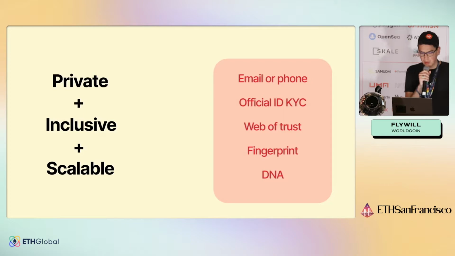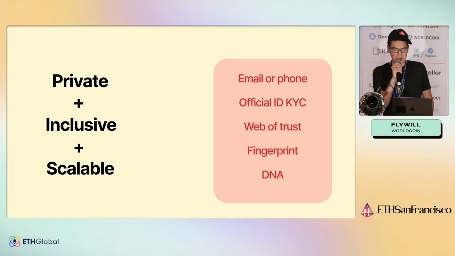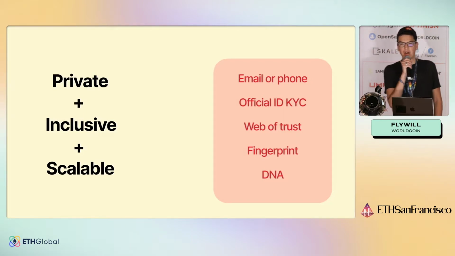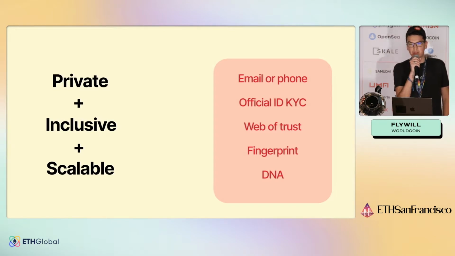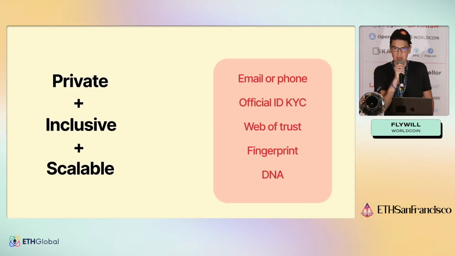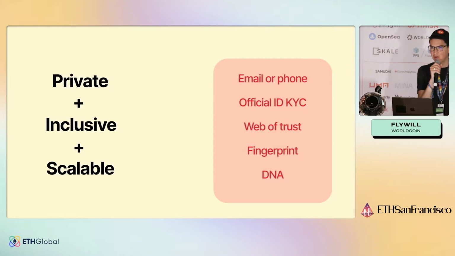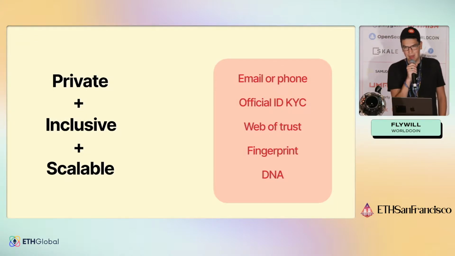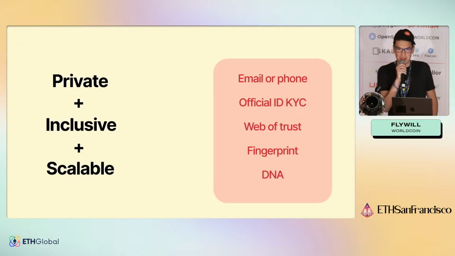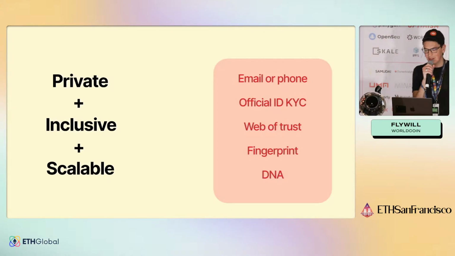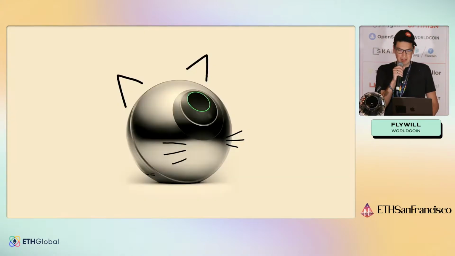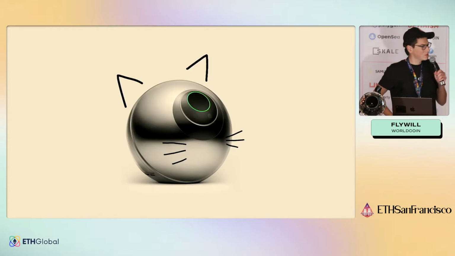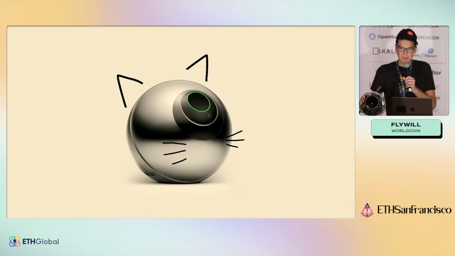And the problem with biometrics is fingerprint. There's not enough information in the fingerprint to distinguish a billion people or much more. So that was something we couldn't work with. And of course, DNA is logistically too complex and not very private. So that's why we decided to go with the iris, and we created this little device called the orb.